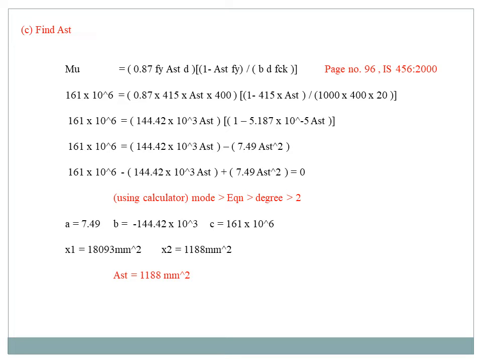So finally you got an equation form. Using the calculator, go to mode, then equation mode, and choose the degree. Click the second order degree. Sometimes it may come in third order degree also, but in this step we get a second order degree, so we choose the second order option. A is equal to 7.49, B is equal to minus 144.42 into 10 power 3, C is equal to 161 into 10 power 6. So we got two answers, x1 and x2. Take the least value for your AST value. So AST is equal to